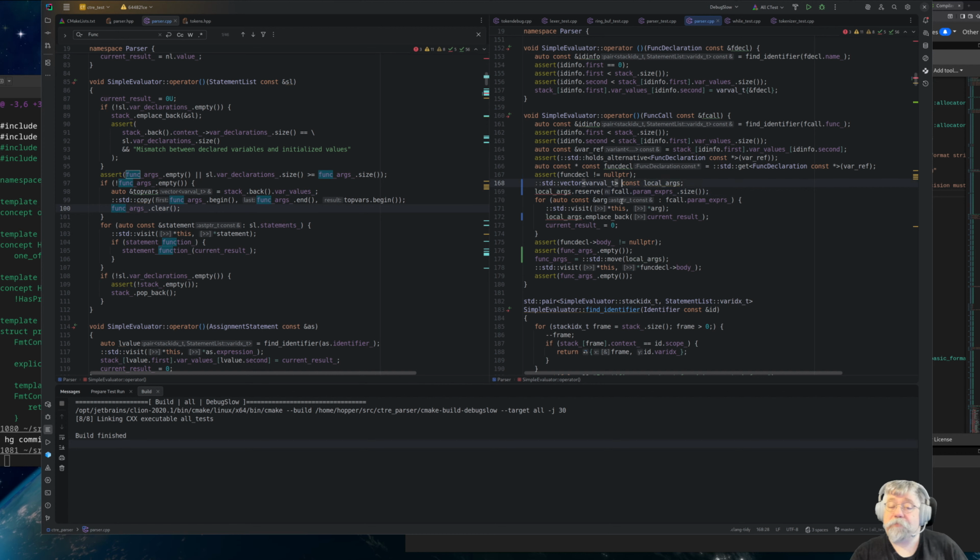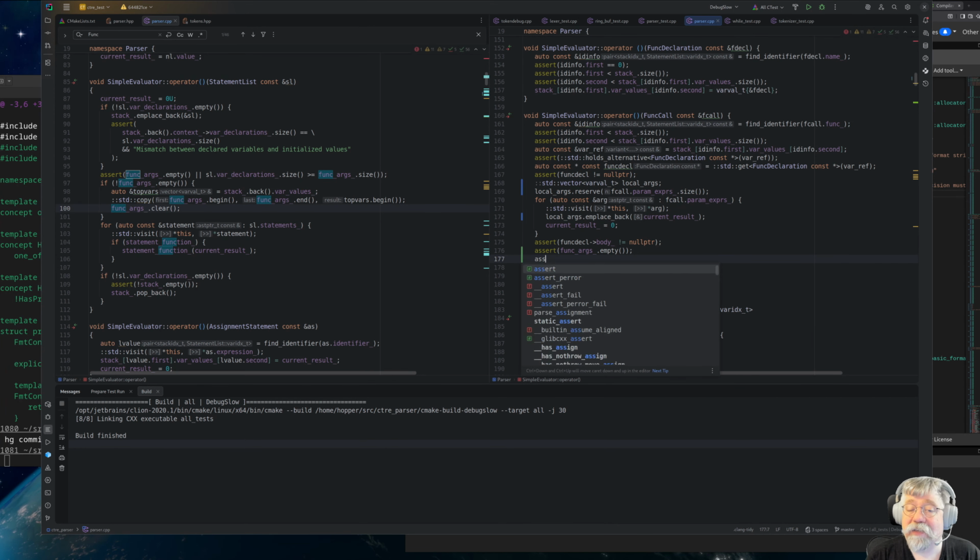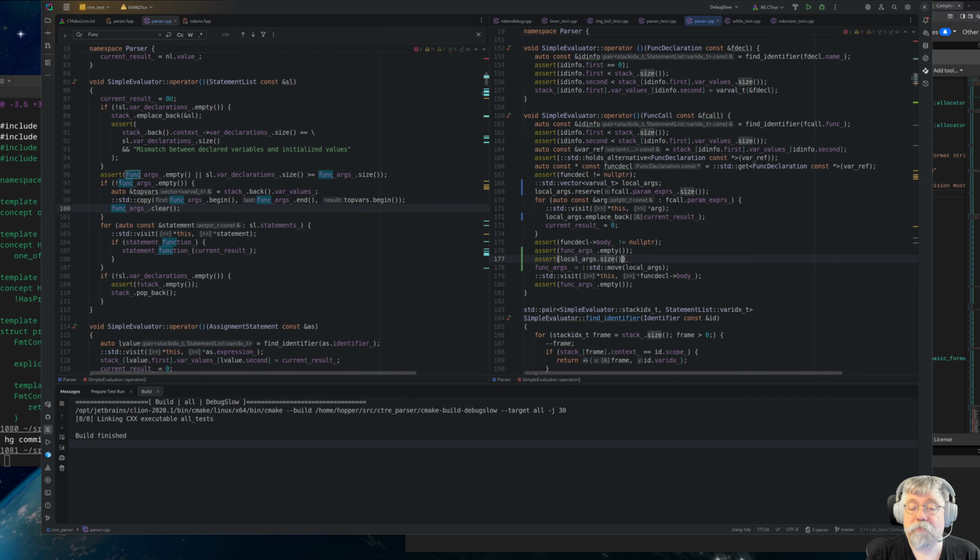Oh, indeed, it should not be constant. There we go. That solves all the problems. So then I reserve the appropriate size, go through all my function arguments, and then I should also say, like that. So a bunch of asserts,